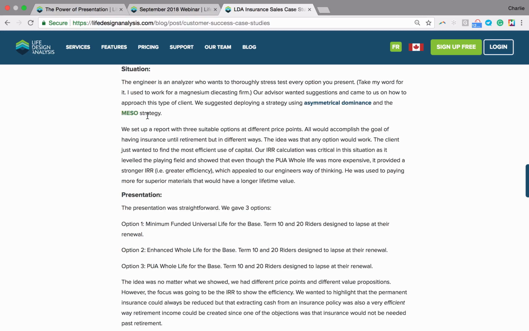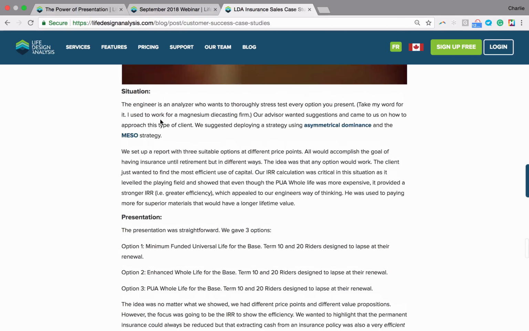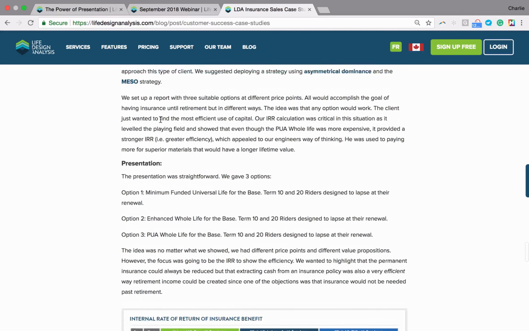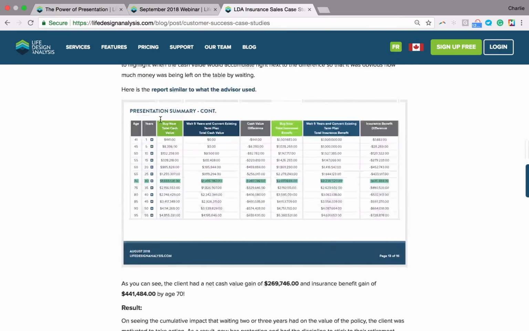So I think this is a really interesting concept around giving multiple acceptable, suitable options to a client. So, even if we do have an engineer and they want to analyze everything, we can give them 3 options that work at different price points. And no matter which they pick, they're going to get coverage, but there's going to be certain efficiencies built in, and that's really going to appeal to the engineer. So we're going to go through each of these personas today, and I am going to start